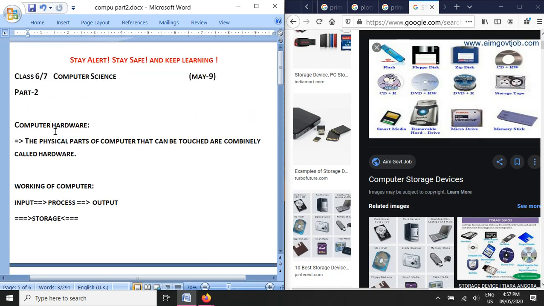Okay guys, today in this video we learned about computer hardware. Physical parts of the computer are the hardware. There are 4 types of hardware.